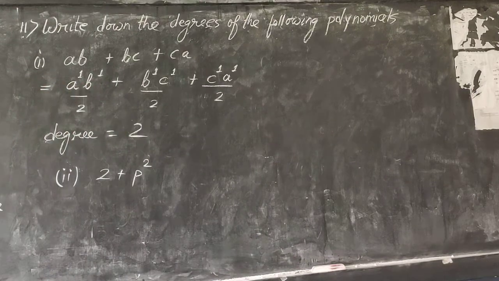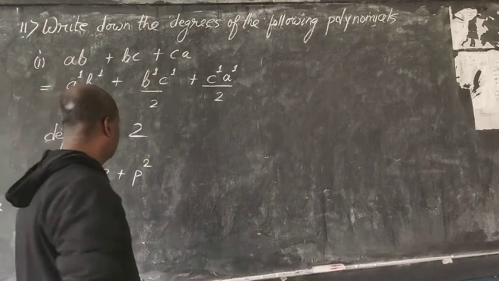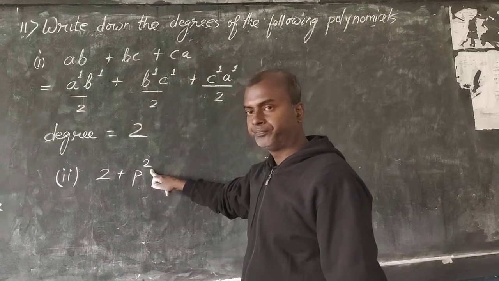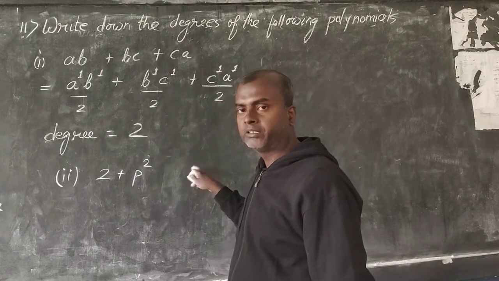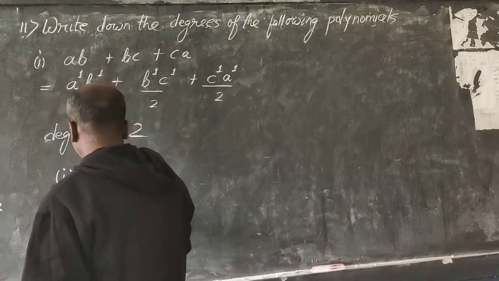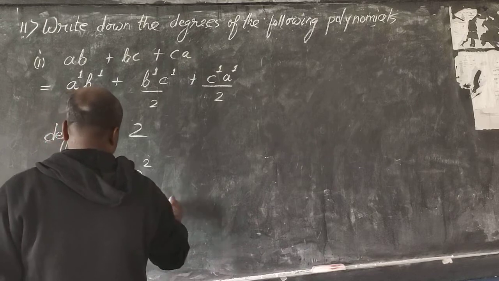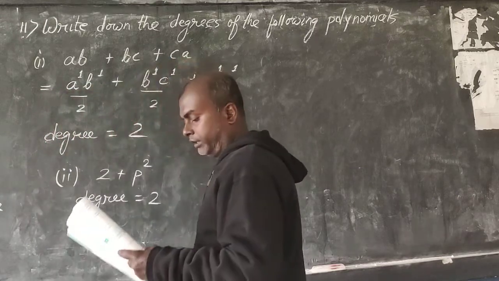Here there is only one variable t, and its power is 2. If there had been other variables, then we could have checked for them, but there is only one variable over here. Its power is 2. So the degree of this polynomial is 2. The next one,